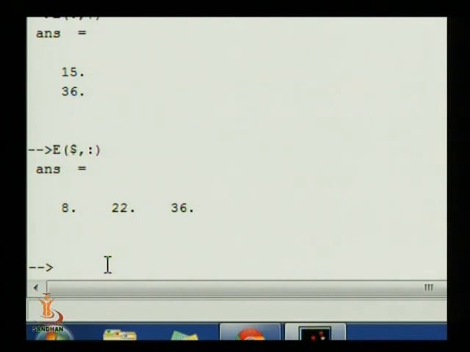Now next we want to find the determinant, but as you know, to find the determinant we must have a square matrix. That means it should have the same number of rows and columns. So that is why we are going to assign or define one new matrix called A. Okay, it should be equal to square bracket